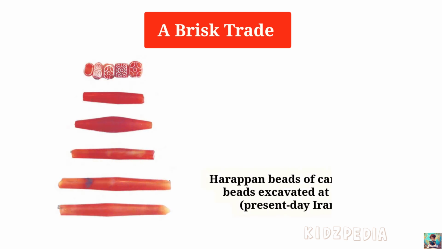This picture shows carnelian beads made by the Harappans that were found at Susa in present-day Iran. Carnelian beads were famous Harappan ornaments, beautifully drilled and decorated, often in red color. The fact that these beads were found so far from the Harappan region shows that the Harappans traded their goods with distant civilizations even beyond India. People in places like Susa, Mesopotamia and other parts of West Asia valued these beads and used them as ornaments. So these beads are important evidence of long distance trade between the Indus Sarasvatī civilization and other parts of the